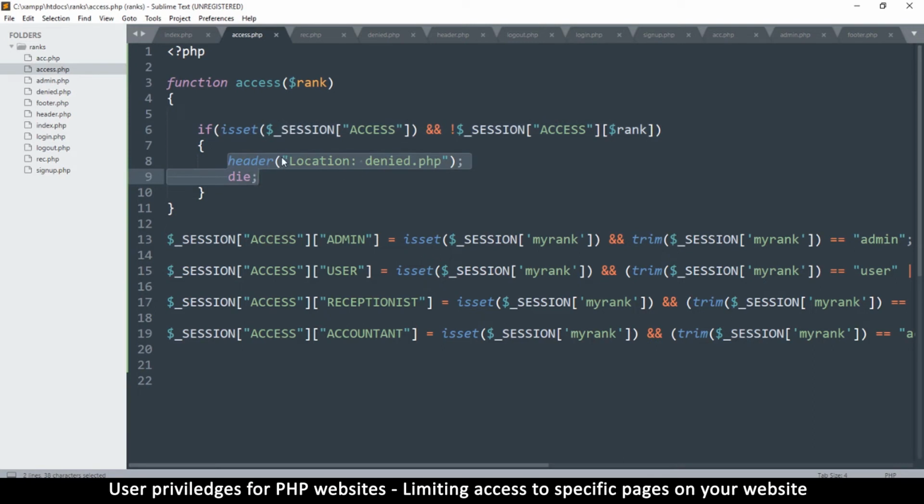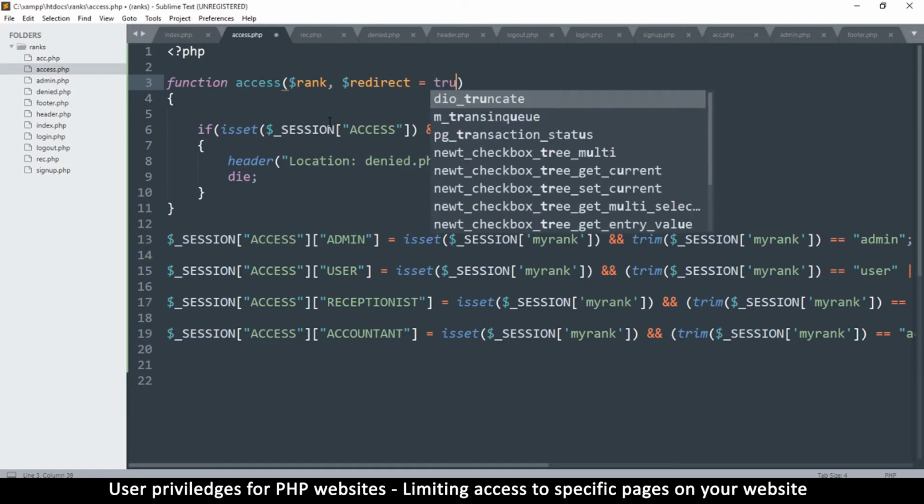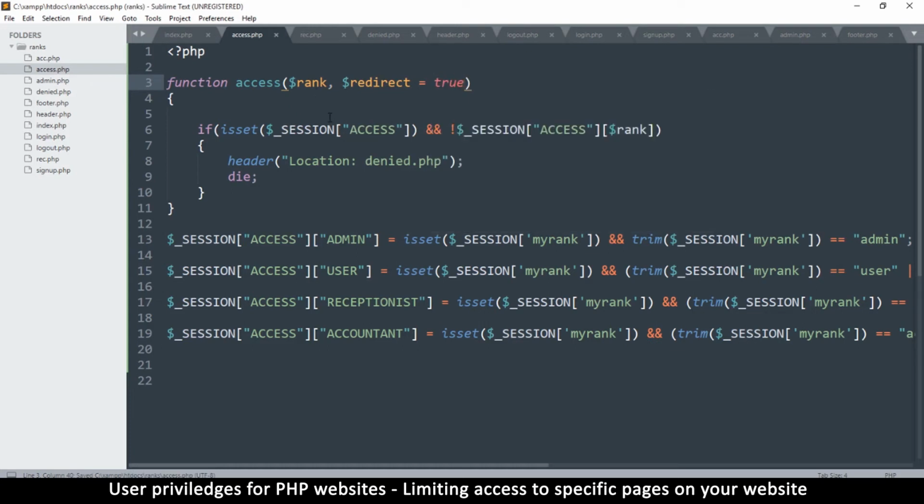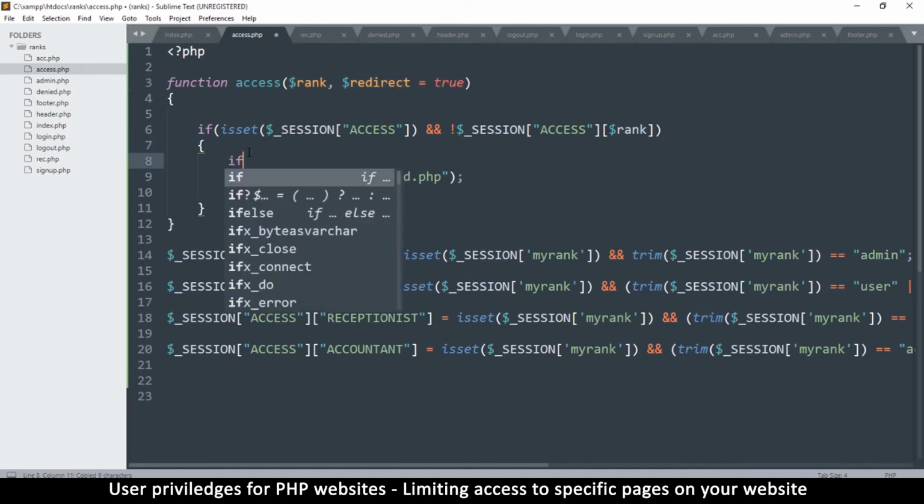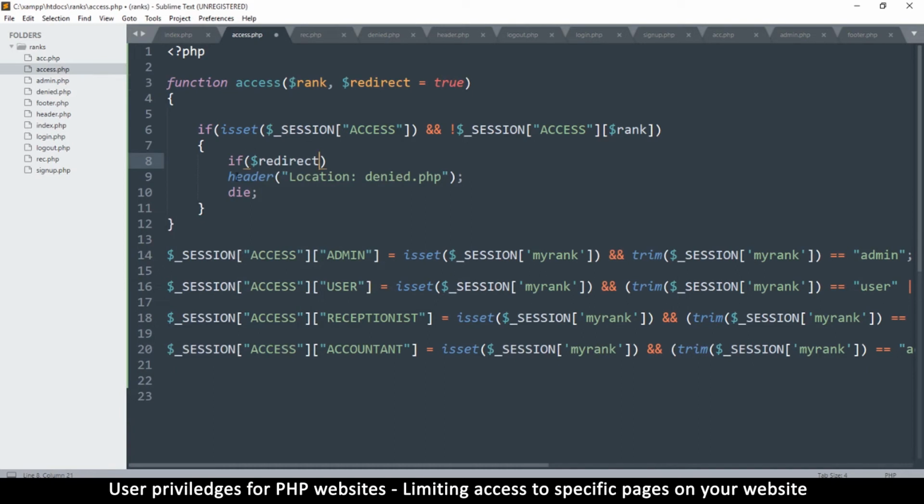So what I can do is I can put a second parameter here, which is called redirect. Okay, something like that. But I will set it to have a default. Redirect, the default will be true. So that if we just put a rank and we don't specify here, it's going to say the redirect is true. And if redirect is true, we will redirect the user. So I will say if redirect, and then